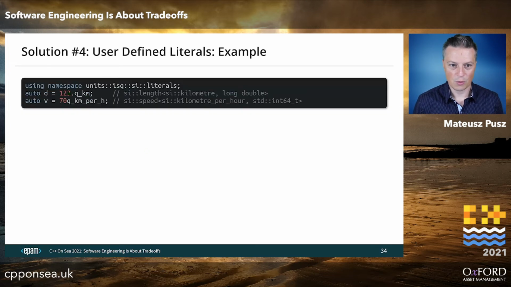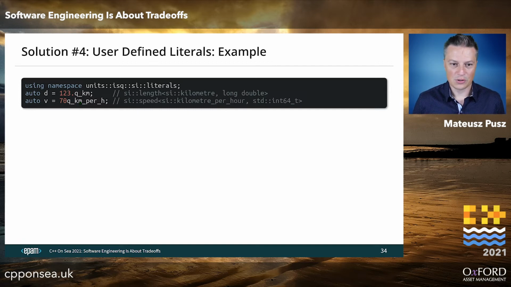Also, literals work only with numbers, right? With compile time known values. In this case, you cannot specify, for example, a function argument in front of the user-defined literal. So basically, the scope of usage is limited, and from my experience, is limited to, let's say, physical constants or unit tests, because in unit tests you often work with hard-coded values, right? But in the official business logic code, in most cases it is not useful, because then you have variables with some values rather than compile time known literal values, numbers.